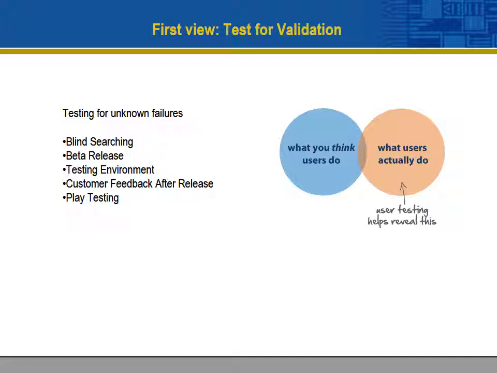Testing for validation seeks to find unknown bugs not apparent in the development process. This may be done with the use of play testers, the release of a beta version, or even feedback after the product has gone to market. As the program is distributed into the production-like environment, the bugs become apparent to the user and are reported to